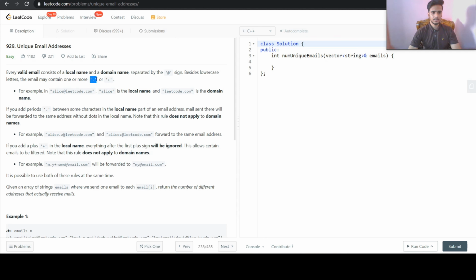One is that if there is a dot in the local name, we need to ignore that. And if there is a plus in the local name, then any character after that plus symbol till the @ sign will be ignored.